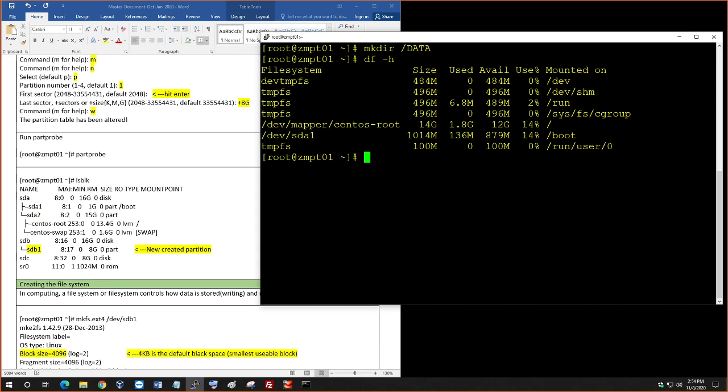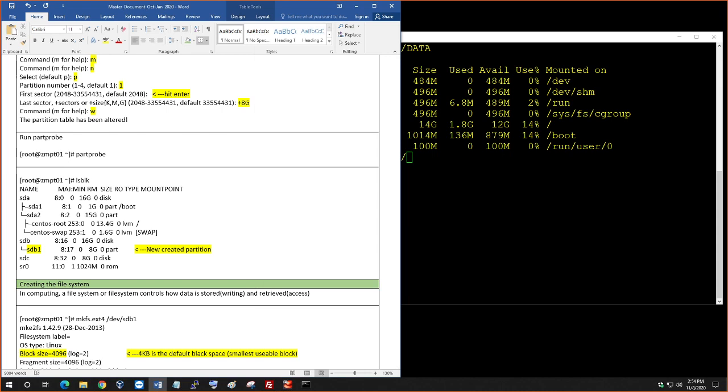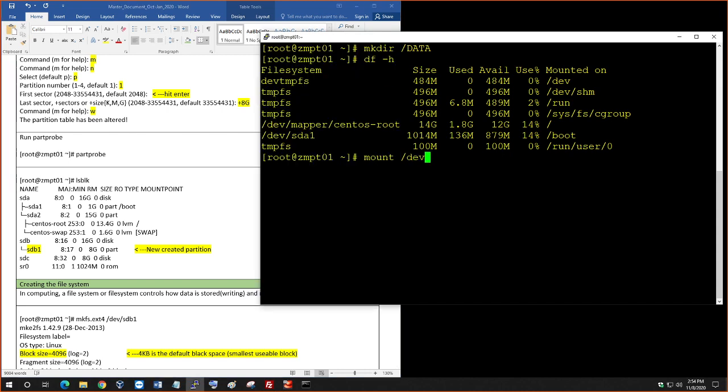Okay, so how am I going to do that? Mount, M-O-U-N-T, okay, slash. What is the official name of the sdb1? /dev/sdb1. And then where do you want this to be mounted to? I want it to be mounted to the data folder. Okay, and hit enter. Now if you type df -h,